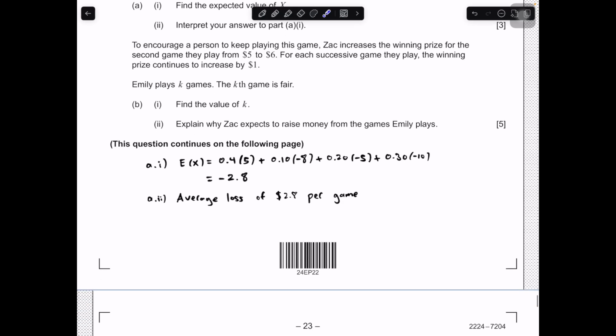Okay. So right now, our expected return is negative $2.8. And our only way of winning is this $5 chance, this $5 return right here. But if we play again, let's say a second time, this turns to $6. And if we play a third time,